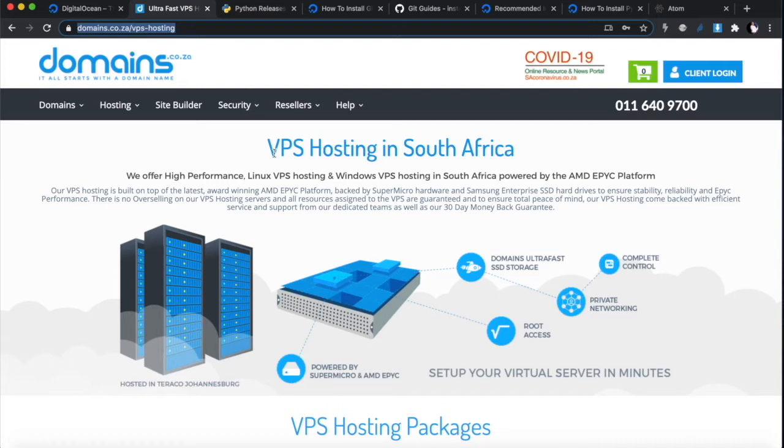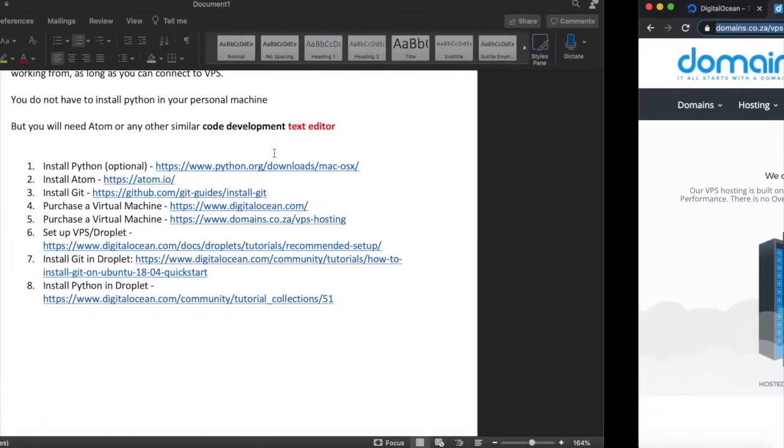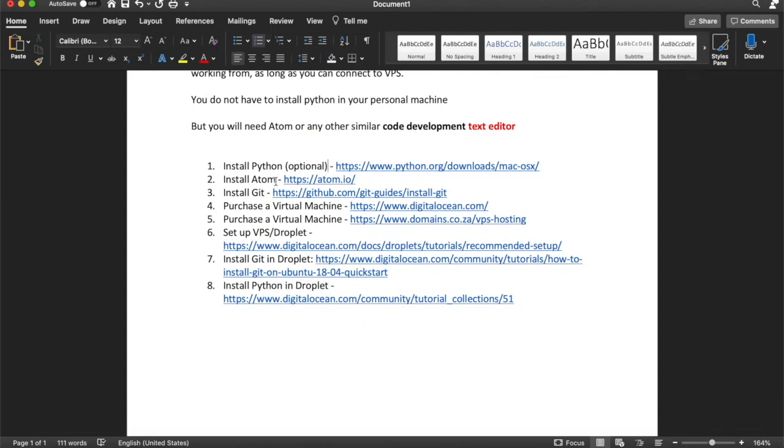Because the VPS machine will be a machine hosted on the cloud by these guys, and we will put in the configurations that we want as we want them, and all of us will be running the same code. But Atom you must install. So you need to install Atom. Atom is going to be our code text